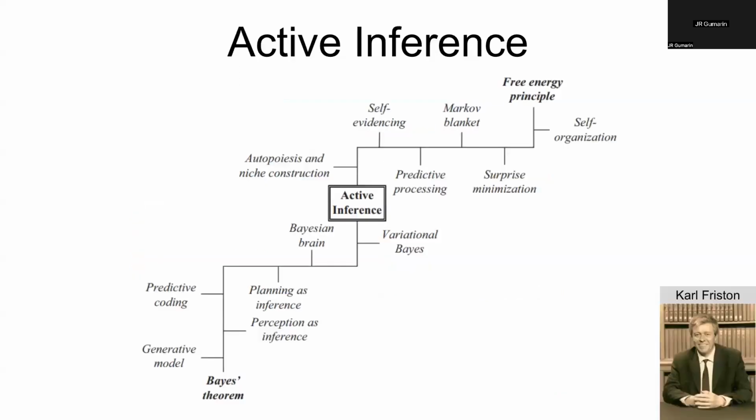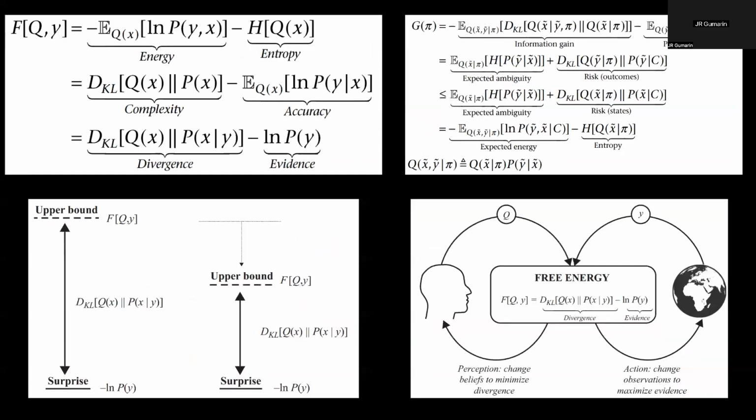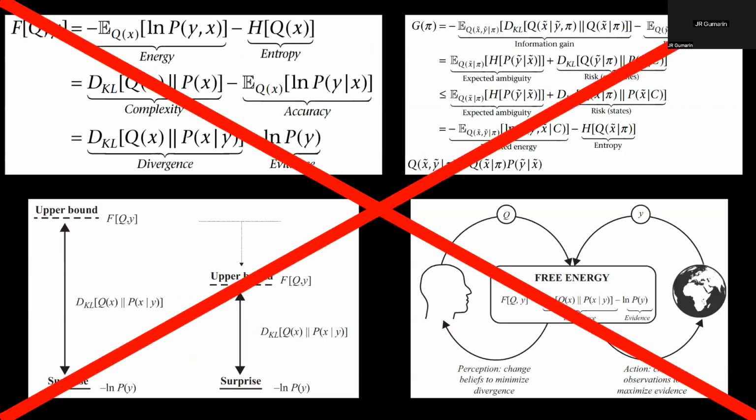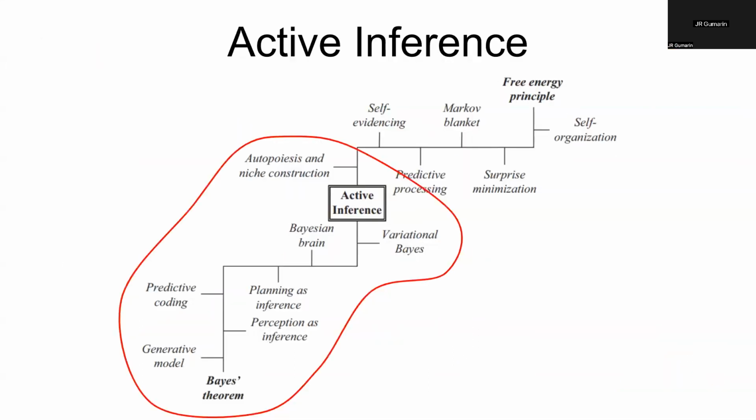So now we're getting to the real meat of the matter: active inference, which was developed by the British neuroscientist Carl Friston. There are two roads that we can take to understand active inference. And there's also a lot of math involved, which we're not going to go into in this presentation. Instead, we're going to focus on what is known as the low road to active inference, which, as you see in the bottom, starts off from Bayes' theorem as the motivating mathematical principle.